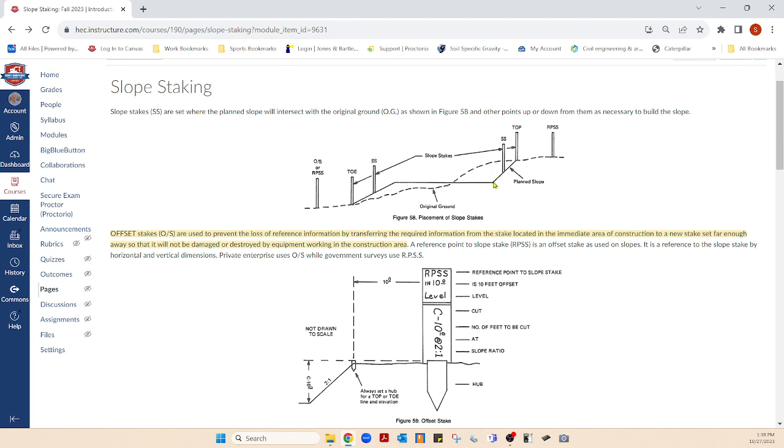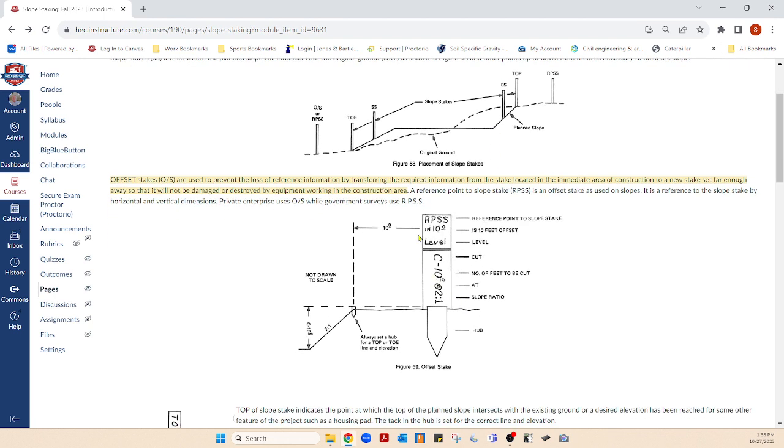I'll know what this elevation needs to be by subtracting that 10 foot that this reference point to slope stake gave me. It'll have an elevation on it. So 10 foot down, 10 foot minus that elevation, 20 foot out would give me what this elevation is. Okay, now this is a very simple